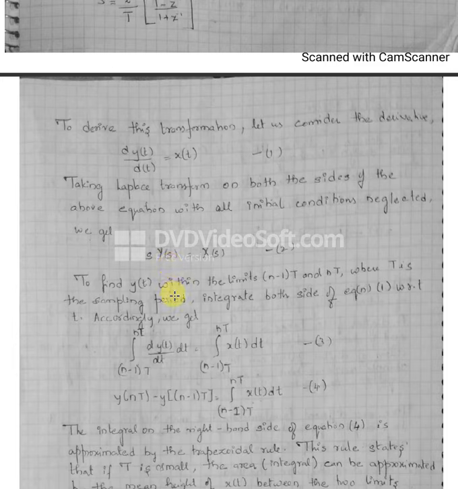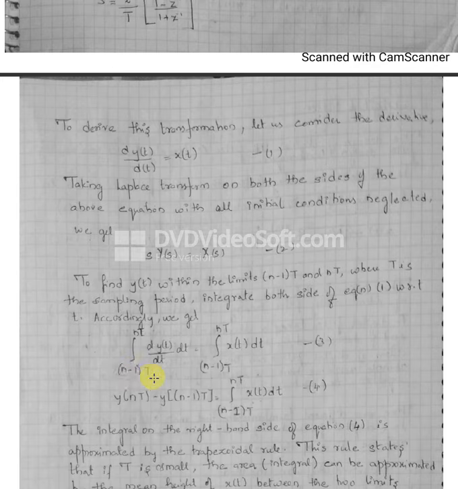This T we would make use of even in the problem. Okay, sampling period, we would integrate both. Now when we integrate both, we would get the limits between (n minus 1)T to nT, and both the sides integrating. Okay, now we would go for applying your trapezoidal rule. See, after integration, all that you would get is by applying your limits on both the sides, you will get this. Okay, left hand side we are leaving as it is, because we are going to apply the trapezoidal rule to this and going to compare the LHS of both. Clear?